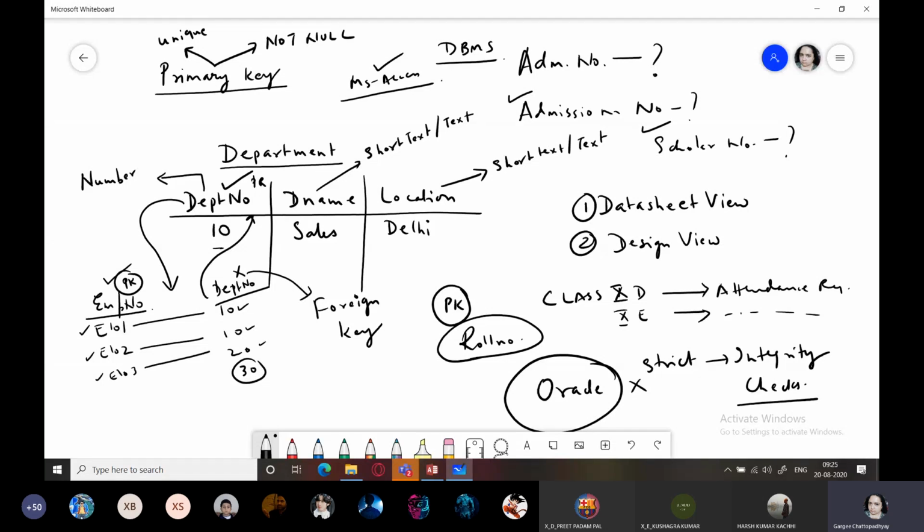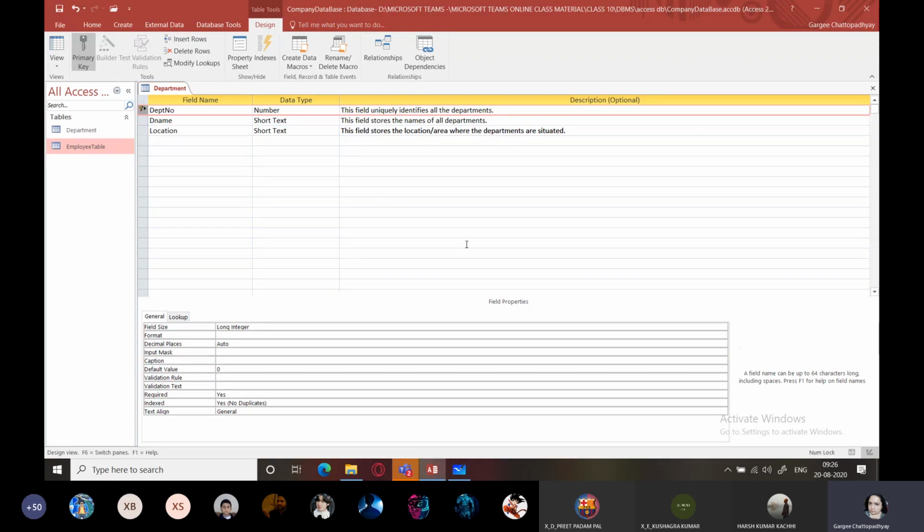Primary key का मतलब ये होगा कि all the values, there will be no two records in a table which have the same primary key value, and none of the records will have empty value for primary key. आप primary key की value को empty नहीं छोड़ सकते. किसी भी employee को आप सोचो कि हम employee number नहीं देते हैं, तो ऐसा नहीं हो सकता. Every employee has to have the employee ID. Okay, so please remember this.